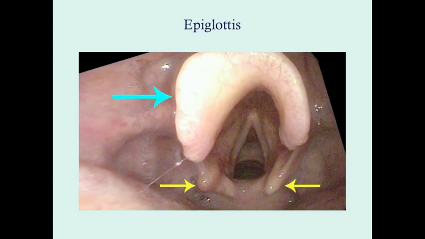So this is an epiglottis here. This is a healthy epiglottis. Epiglottises can come in different shapes. However, this is probably the more common shape that you'll see. And so you see down here, you've got the vocal cords in this area. These are your arytenoid cartilages here. And then this, pointing to the blue, is your epiglottis. The epiglottis tends to be a little bit paler than the surrounding tissues. And you also will see some capillaries on it as well, and that's normal.